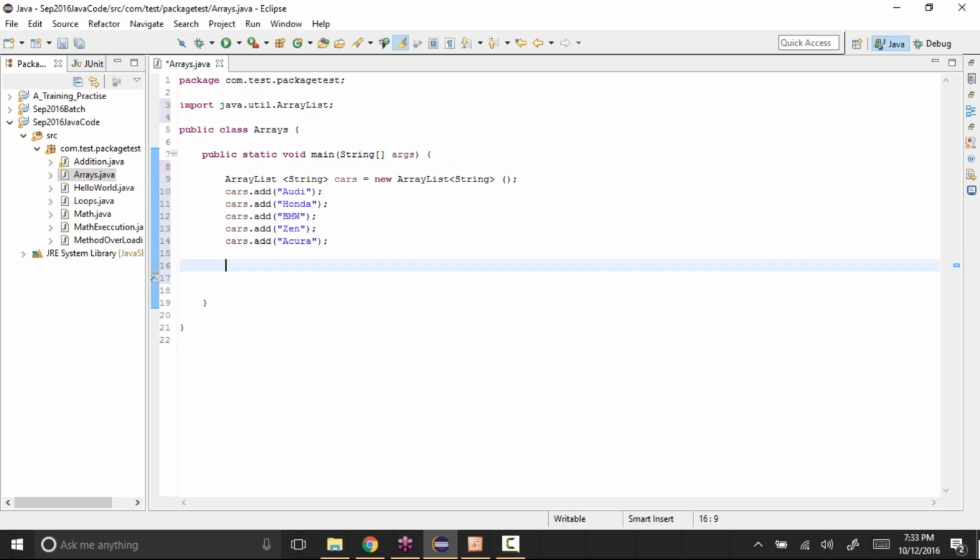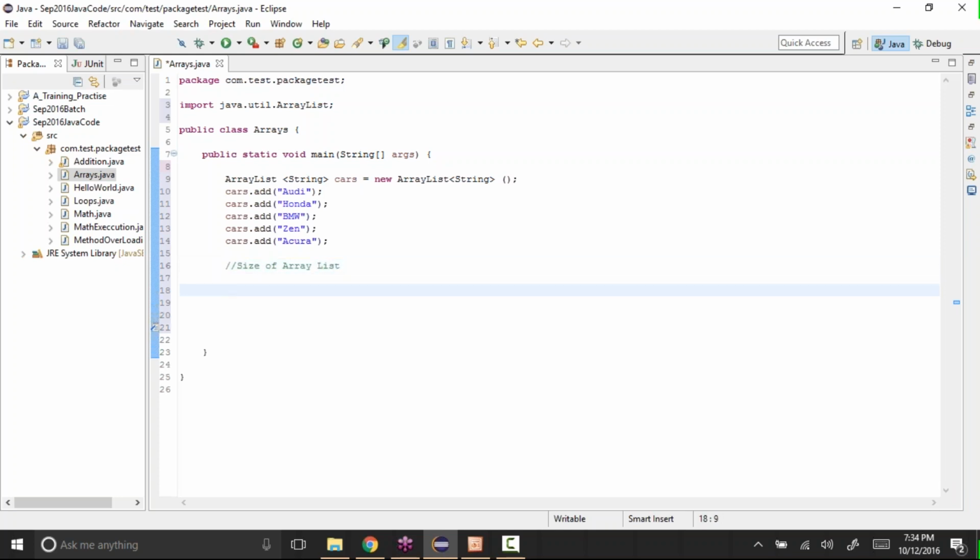Like this. So instead of creating multiple variables, we created only one variable, and we are able to store multiple values in that variable. We are trying to save memory, because if you create 5 variables, it uses a lot of memory. So instead we create only one variable and store all the values in that ArrayList. Now if you want to know the size, how many values are there in that ArrayList, we can also get that.